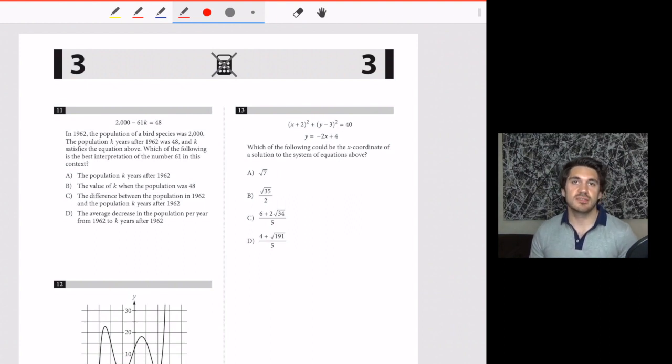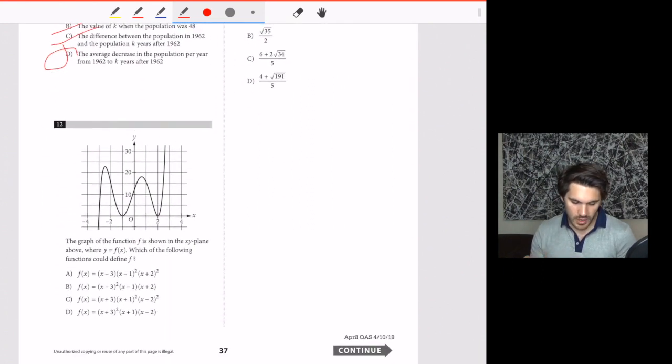All that a slope is, is an average rate of change. So we need to look at an answer choice that talks about average rate of change. A does not do that, B does not do that, C does not do that. D, the average decrease in the population, perfect, done. Number 12, the graph of the function f is shown in the xy plane above where